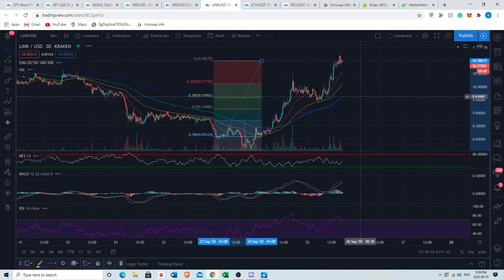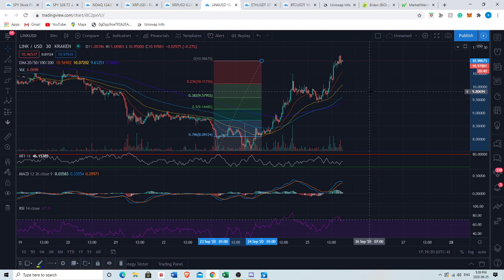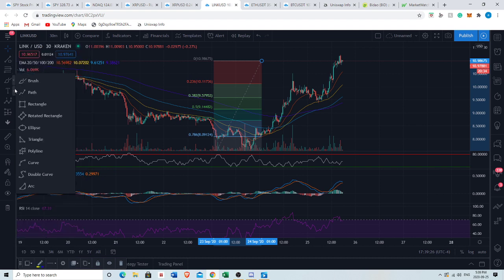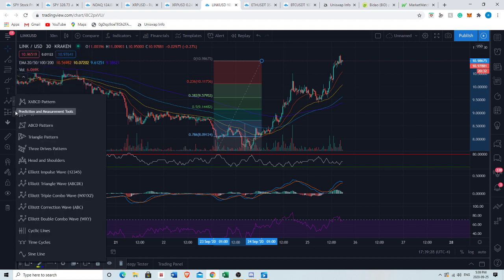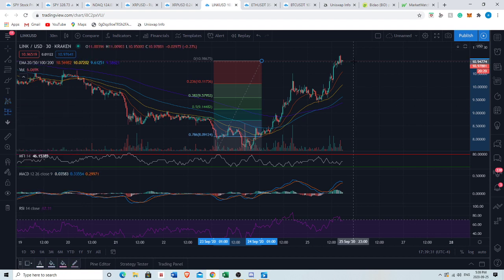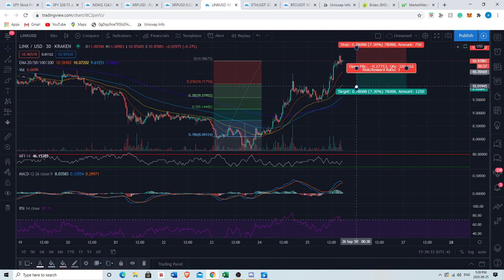I might short this, maybe back down to around the $9.70, $9.80 price range. I'm gonna do some more technical analysis on this. I'm not totally convinced of this as of yet. That would make sense, that we'd want to see some kind of correction. So let's say if it was just